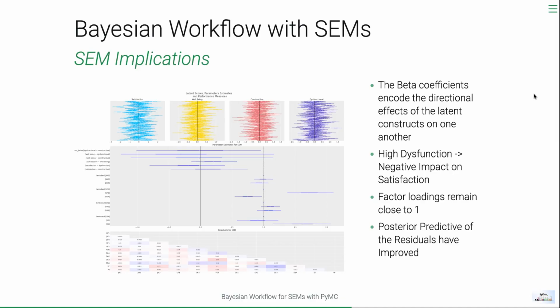We also get an improved residual plot at the bottom. Having added this extra structure, we have more white space on the bottom plot. We're closer to reproducing the covariance structure of the observed data, which is a health check or a sanity check that we're doing something sensible by adding all that extra regression structure into our DAG.